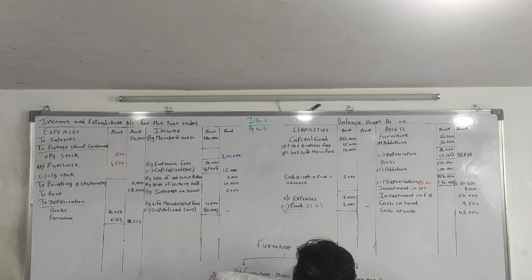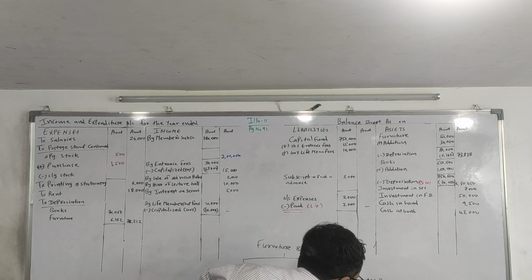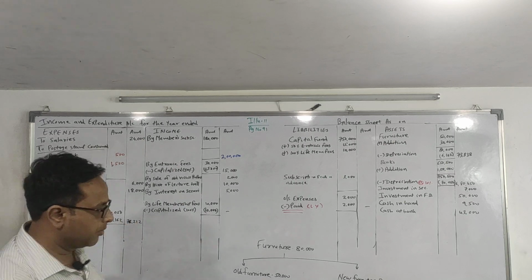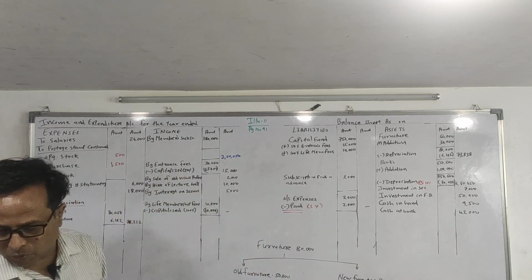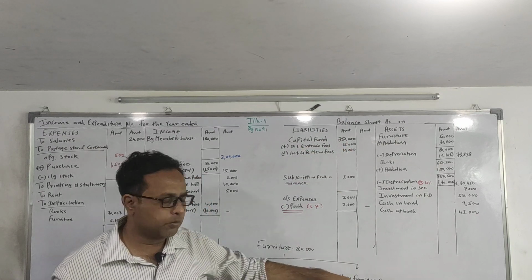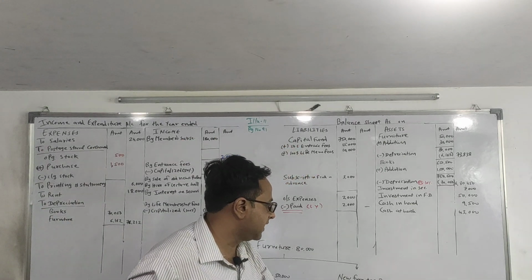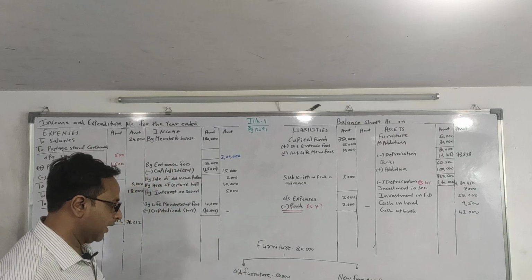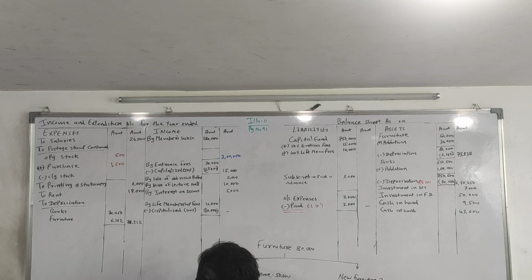30,000 into 8.5 upon 100 into 9/12. Why is it 9/12? Because we have purchased on 1st of July. Then the amount comes to 1912. The same way we will do it for books also: 650,500 for my old books, and the new books will be 1 lakh rupees, which I purchased on 1st of October. So over here we will write 6/12 instead of 9/12. So my total depreciation will be 6162.